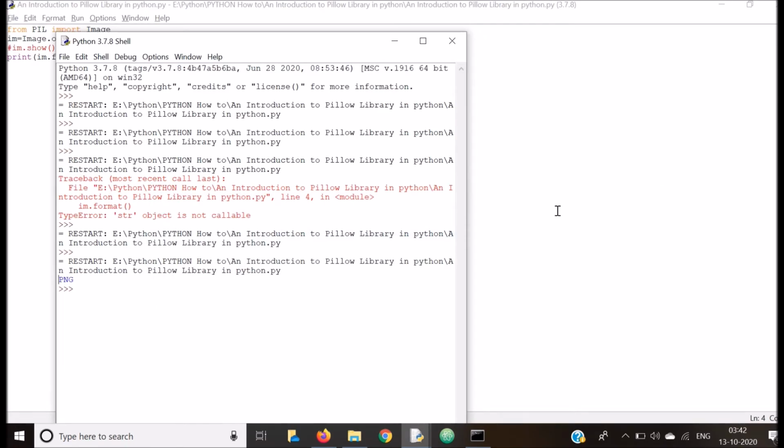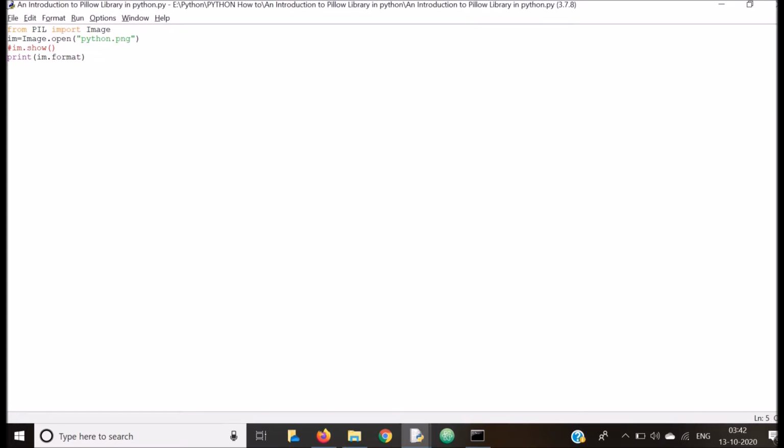After that, we will see how to check the size of image. For that, let it be. We won't comment it. im.size. We'll call the size method. The size method returns the size of an image.